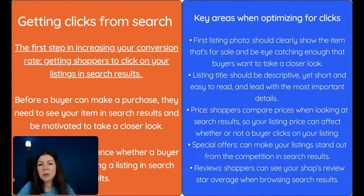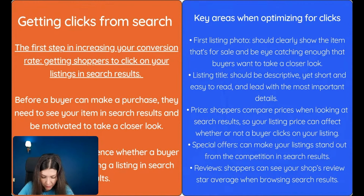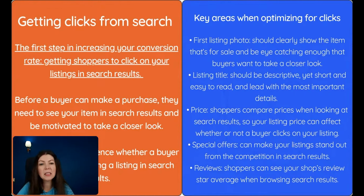So now we will speak about getting clicks from search and how to convert these clicks to actual sales, because the most important is to make a sale. To increase your conversion rate, you need to get shoppers to click on your listings in search results. Before a buyer can make a purchase, they need to see your item in search results and be motivated to buy your item. So you can actually influence their behavior in this case, but you should pay special attention